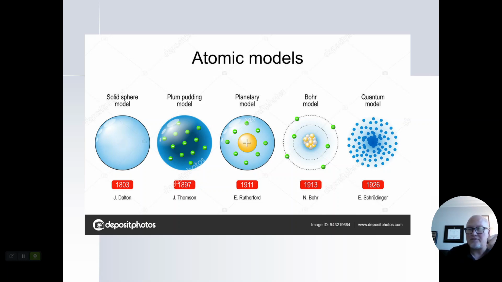There's a whole series of experiments that Rutherford did that involved gold foil and bouncing particles off the center of the atom that allowed him to discover the presence of a nucleus. But what I need for us to know right now is that he discovered that there was a nucleus and that you have all of these negative electrons around it. Then Niels Bohr in 1913 said that each one of these electrons